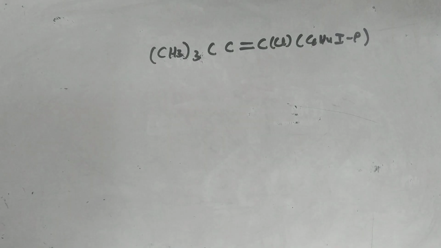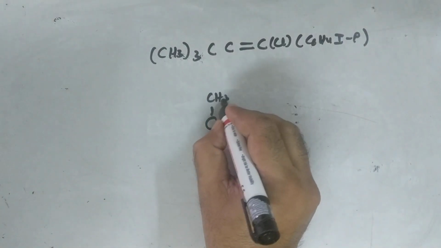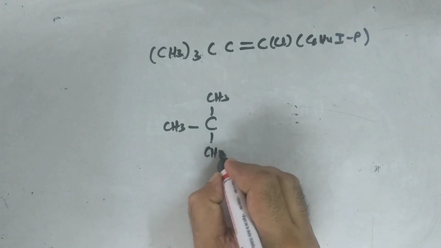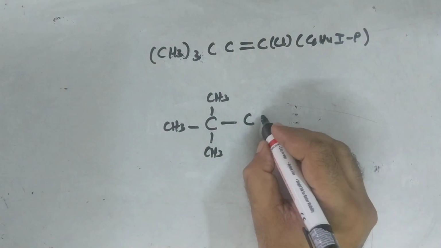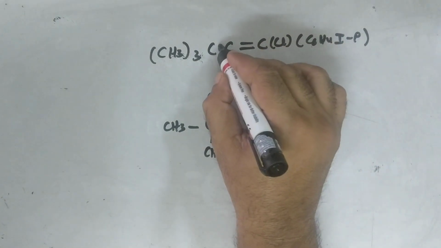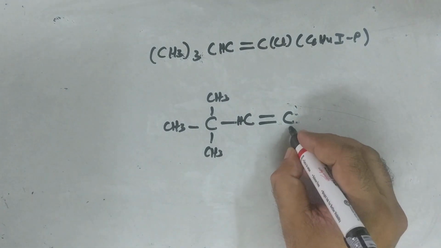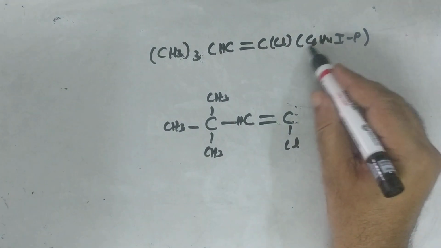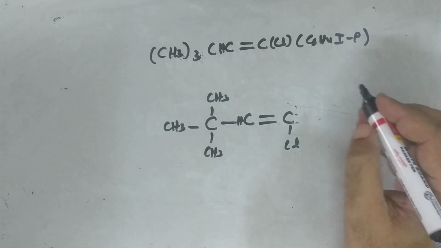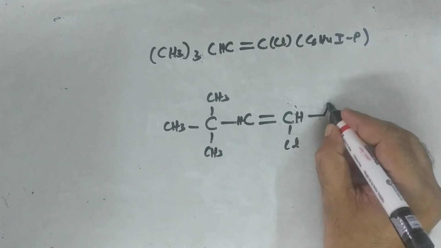Now again let's expand it very, very carefully. This is C attached to 3 methyl groups. So we have 3 methyl groups. Then the carbon with the double bond, another carbon. Obviously it has to have a hydrogen also, then only the valency will be satisfied. Then we have a Cl over here, and then this group, and let's again put hydrogen, so we put CH, and this group is a benzene,